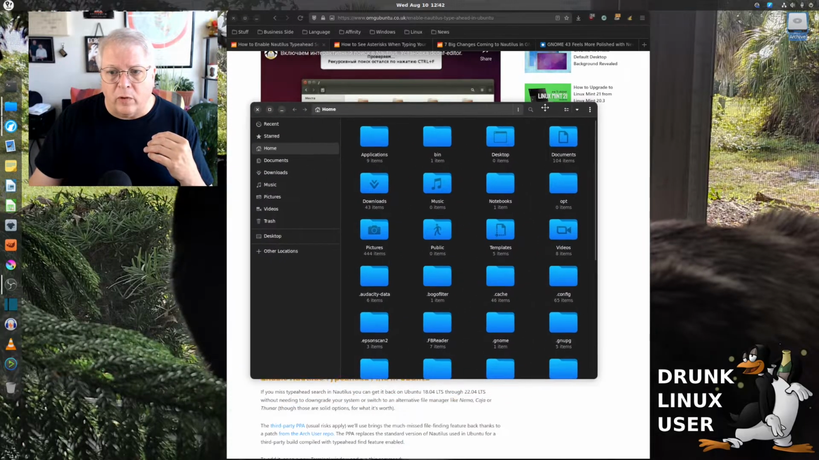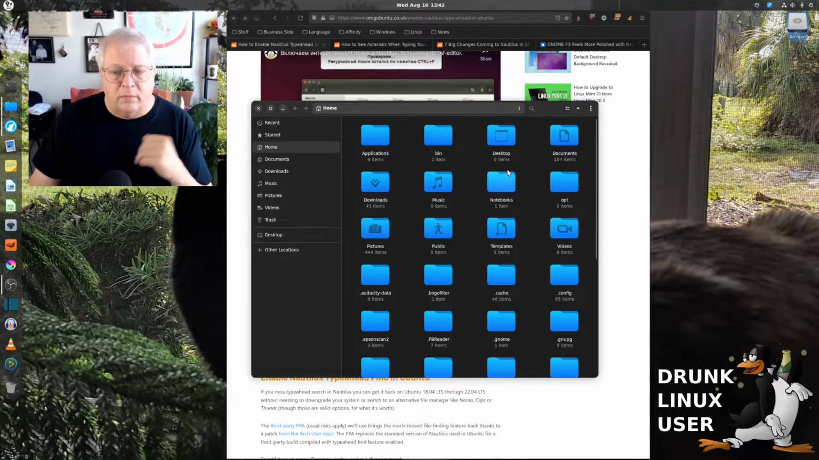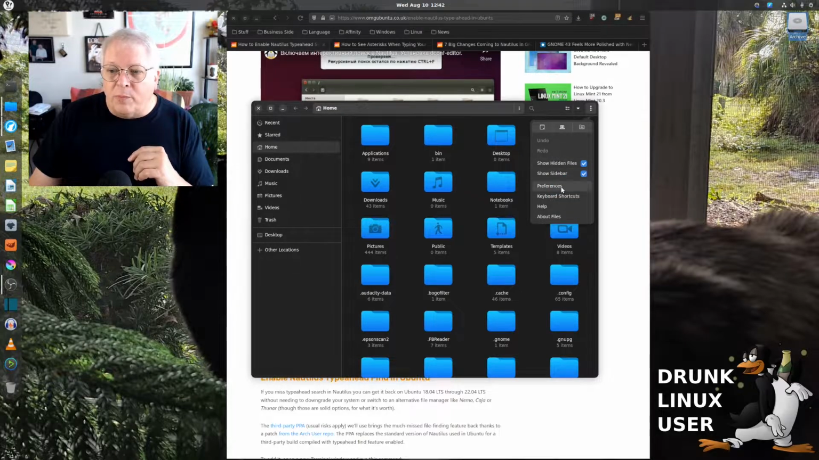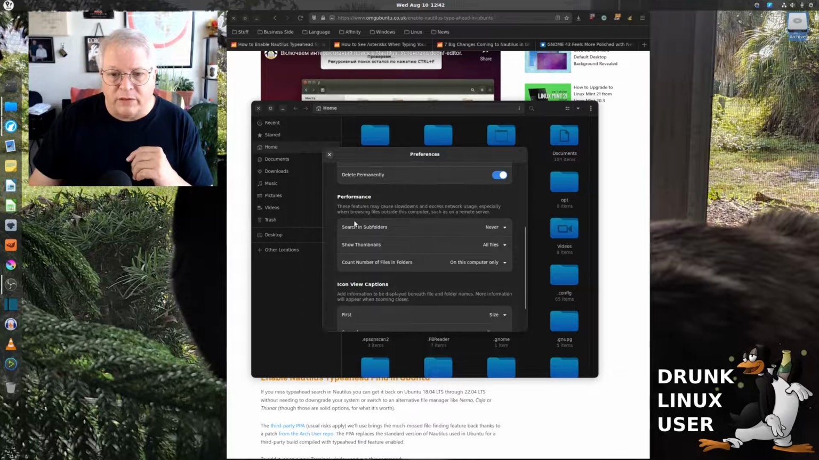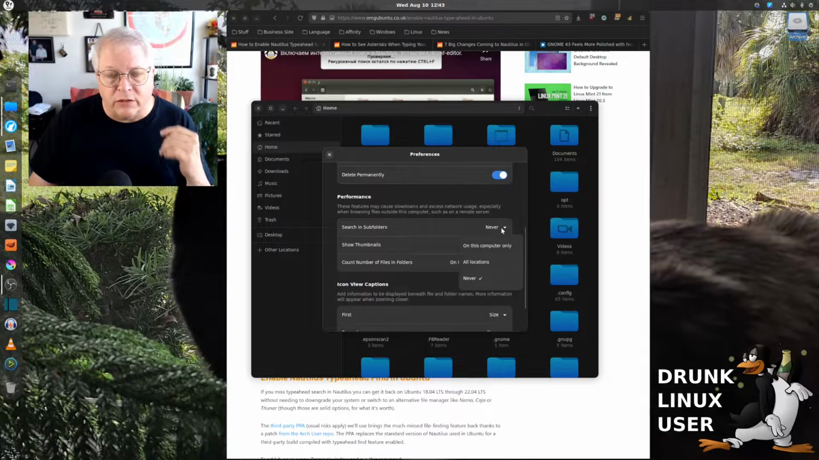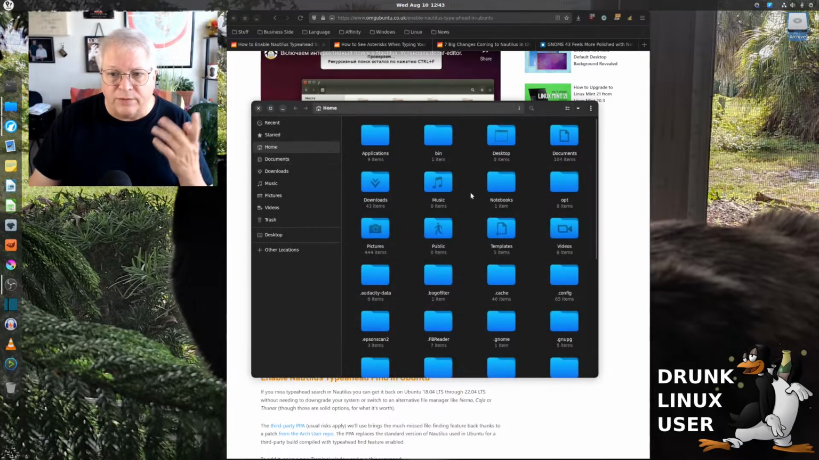But there is a way to get that functionality back to some degree, and that's by bringing up your Nautilus or Files file manager, go into preferences, scroll down to performance, and you'll see the first listing on mine is search in subfolders. Select it to never. It's normally defaulted to on this computer only, but select never, and what it'll do is,